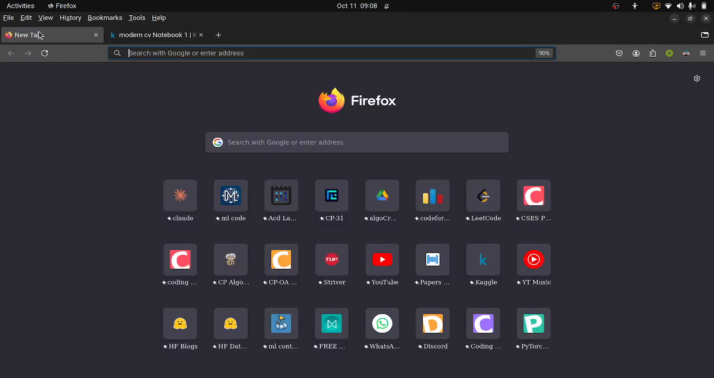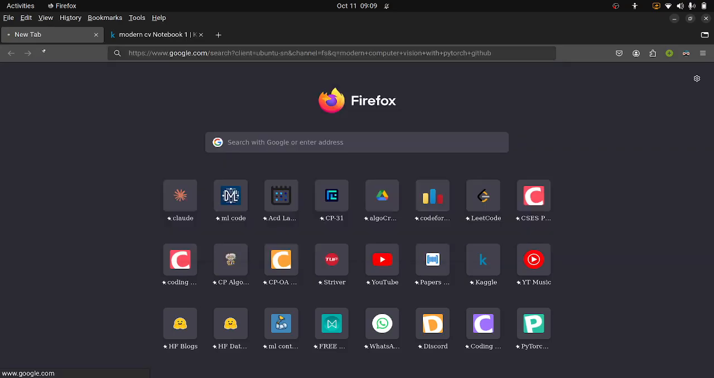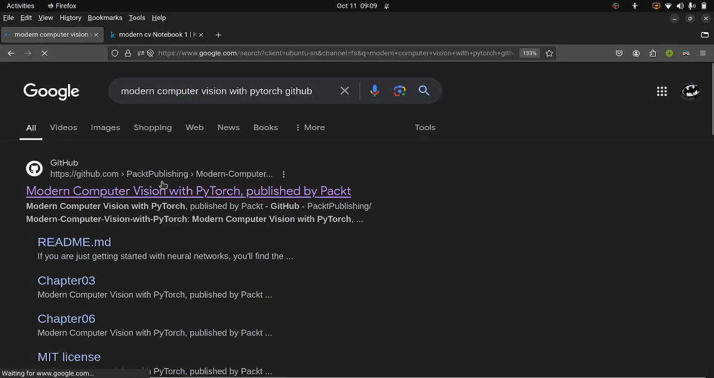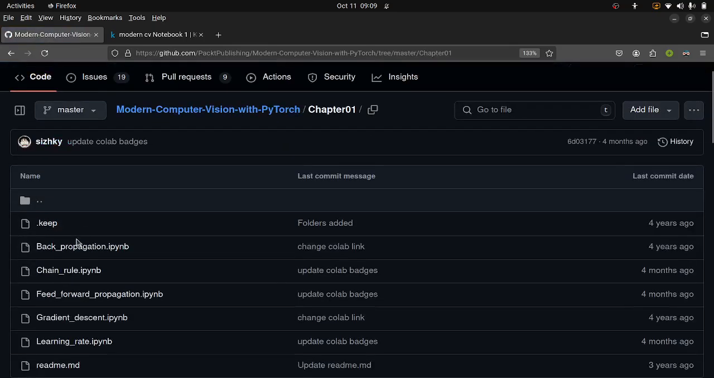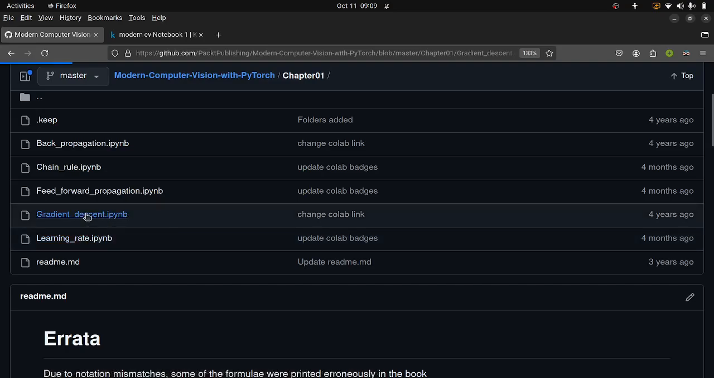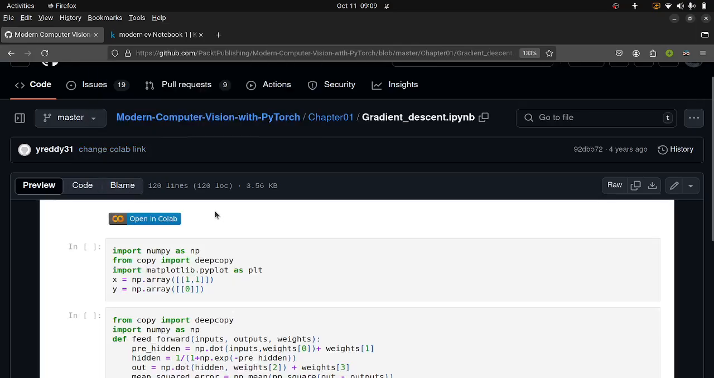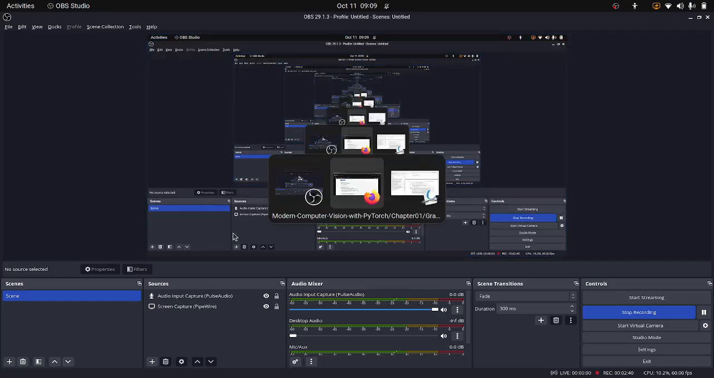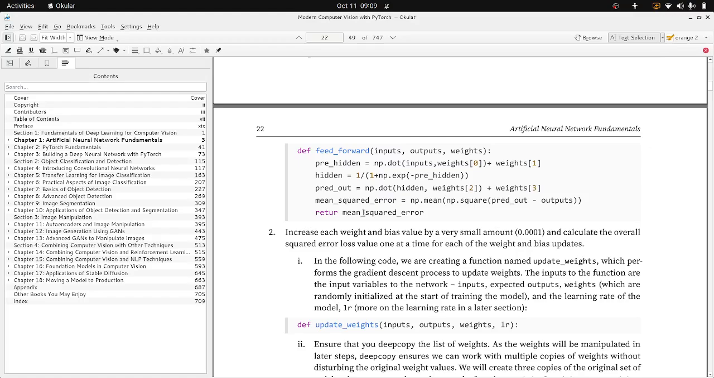I'll also code along with this book, whatever code this book has. For Modern Computer Vision with PyTorch, GitHub. So I have implemented this already. Okay. Increase each weight and bias value by a very small amount and calculate the overall squared error loss value